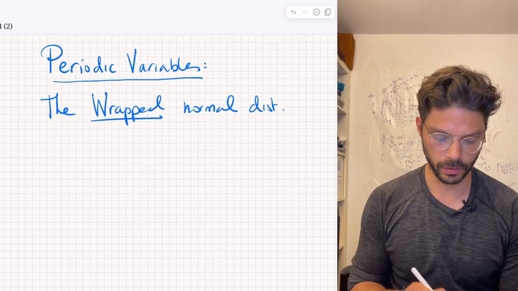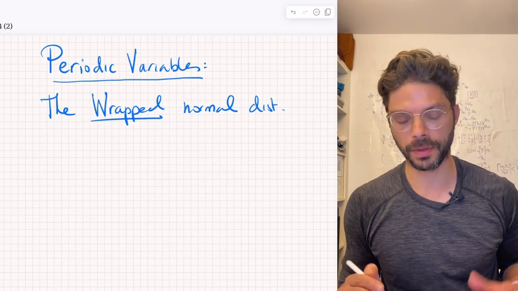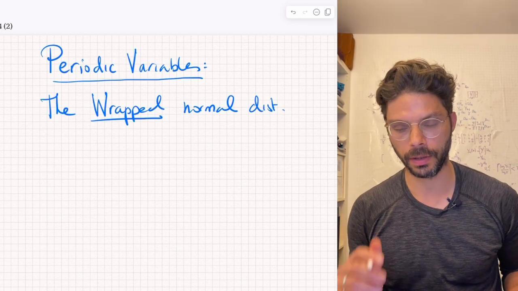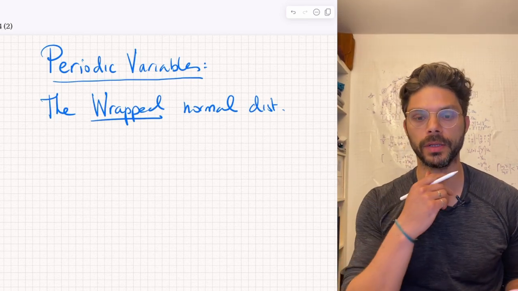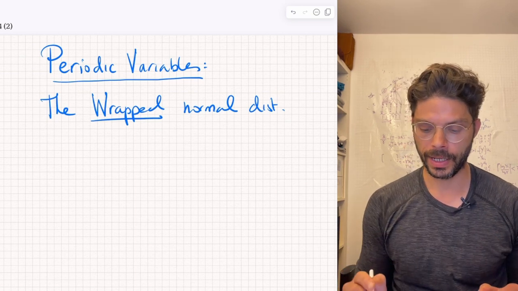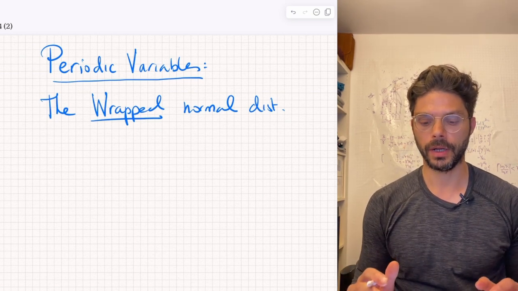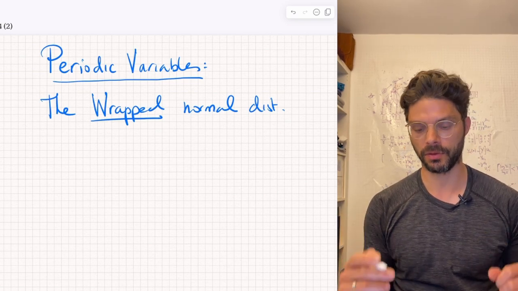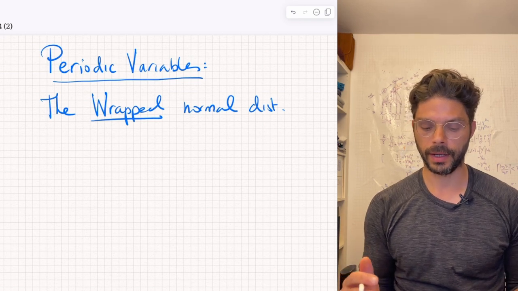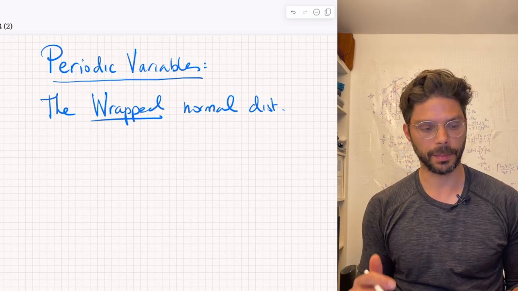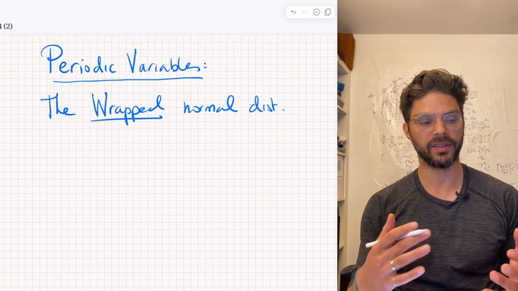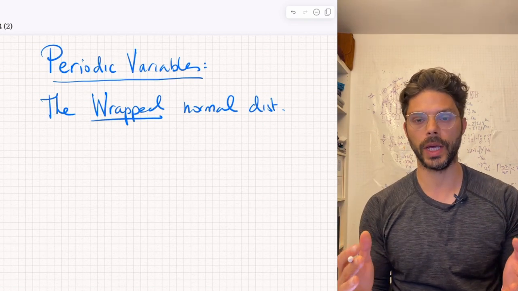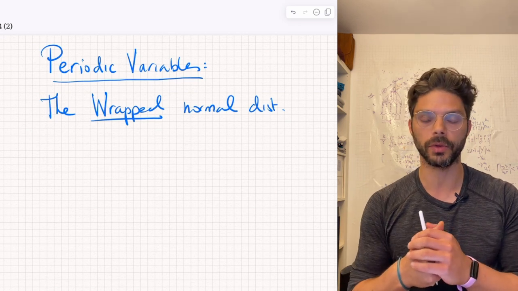All right, folks. So the previous section we were talking about periodic variables, 2.68 in the book. And at the end of the chapter, he touches on the idea of these wrapped distributions. Well, let me back up. When I read that section, you might recall that the way we defined the von Mises distribution was